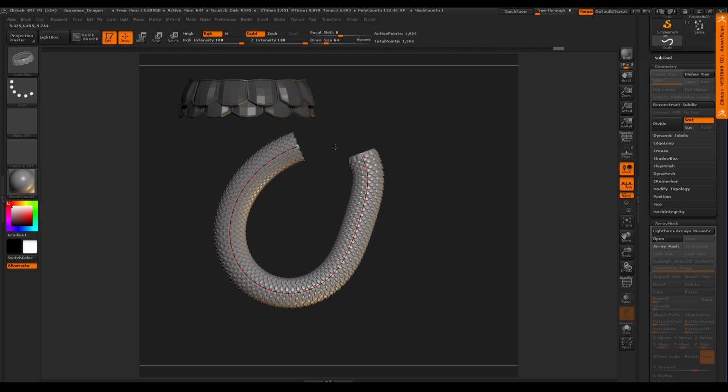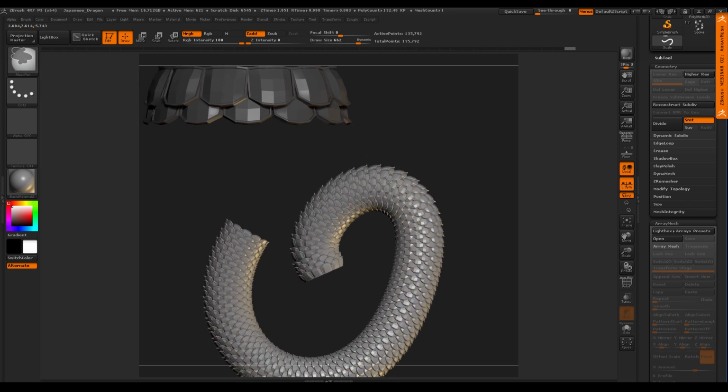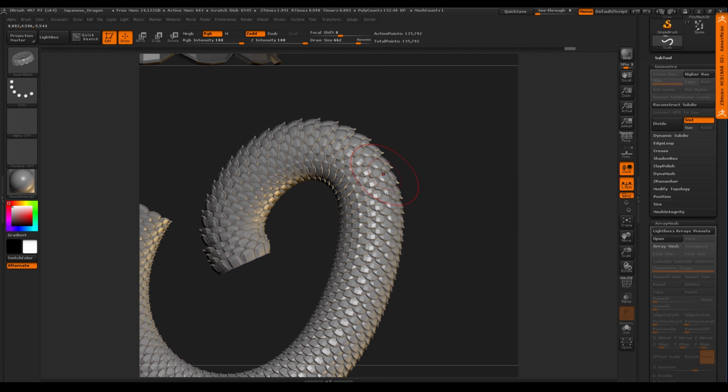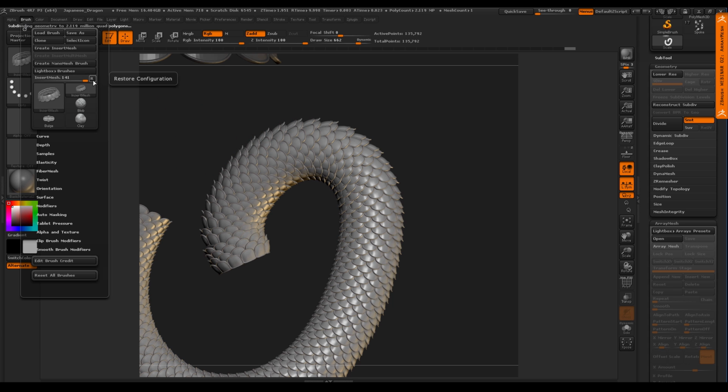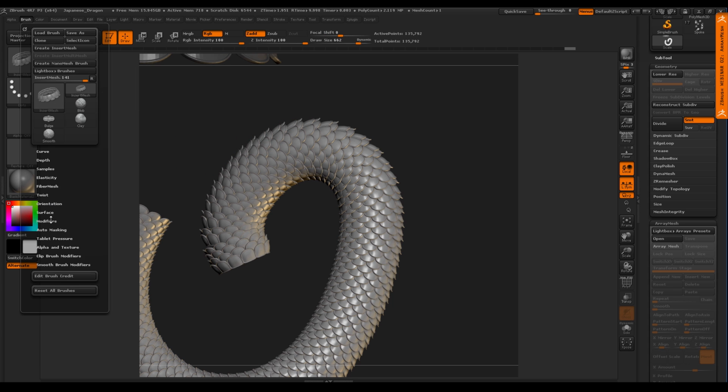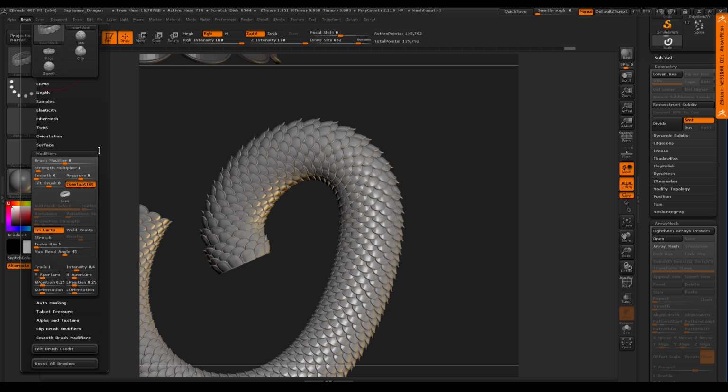Now the next thing I want to fix is the way that this is bending. You can see there's a slight bend there, which is nice. But if you want a little bit more of a bend, so the scales aren't pointing out right here on the bend, in the brush palette we have our modifiers. What I want to do is change the curve resolution, and think of that almost like subdividing the curve.